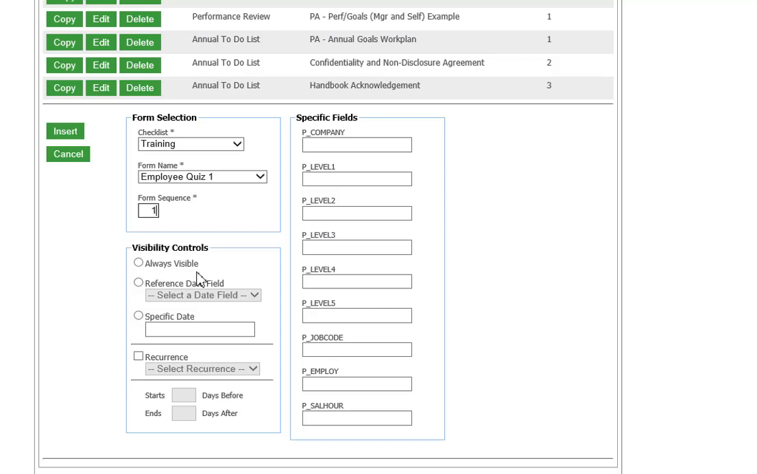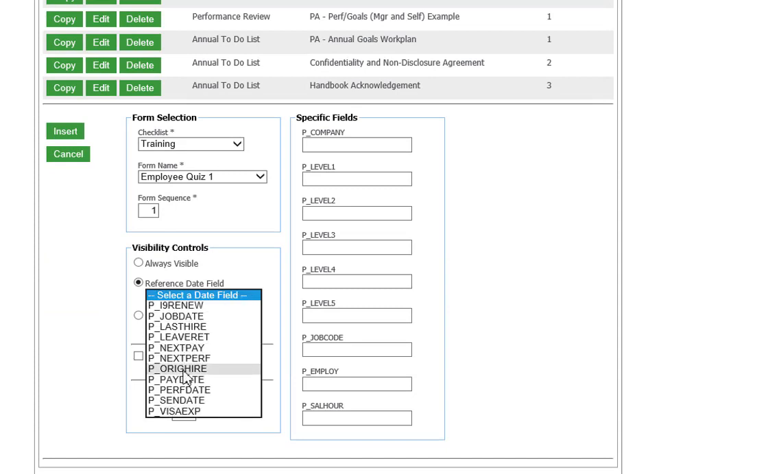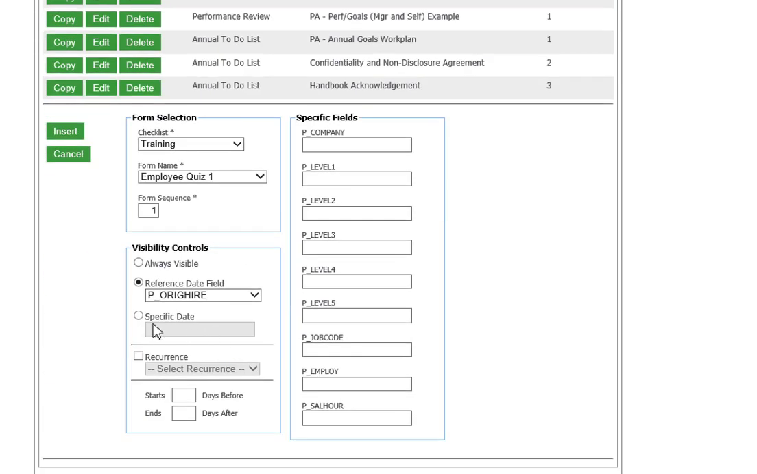Is it going to always be visible? Is it going to be visible as of a certain date within HR? So such as their original hire date, maybe they're a rehire, is there an I-9 that needs to be renewed, so I only show it after that renewal date has hit. You get to decide when you want that to be available. It can also be a specific date that you make it available, and you can also choose to have it recur, whether it's going to be recurring,